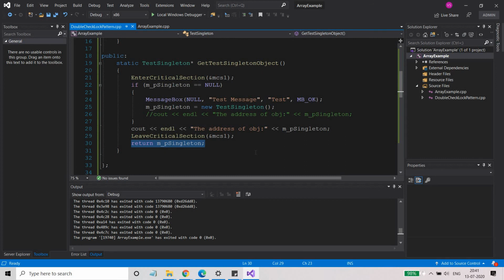So that is about the double check locking pattern in a C++ application. This is the double check locking pattern where you are doing dual checks. One is for the critical section, and another is for your other lock.